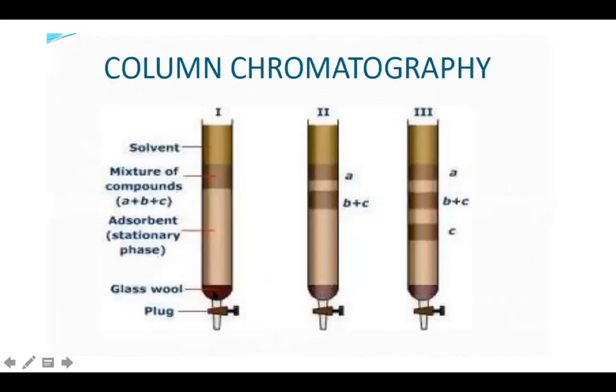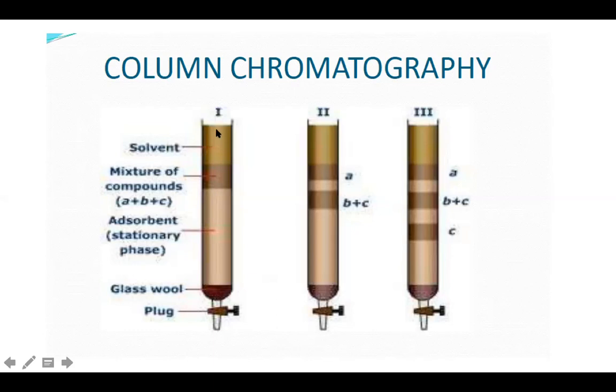Here you can see the picture of column chromatography. This is the initial position. Here the adsorbent, stationary phase, for example silica gel, is used. Here glass wool is used so that this adsorbent cannot go out from the column. This is a glass tube. Here is a stop cork and a mixture of the compound you place here. Small amount of solvent you use to dissolve the extract, and you can inject here, place here, and then you